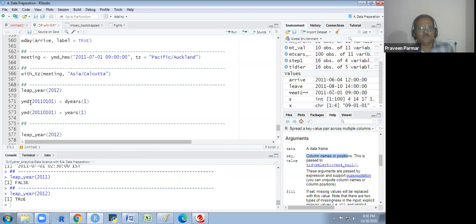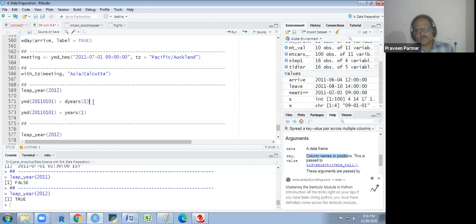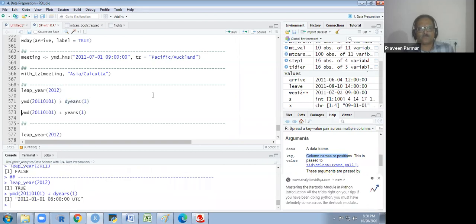And here the ymd 2011 01 01. I have given 2011, first month, first day, and the dyears 1. I am adding 1 year after 2011, dyears 1. So you'll see what happens. Here I am getting 1 January 2012.